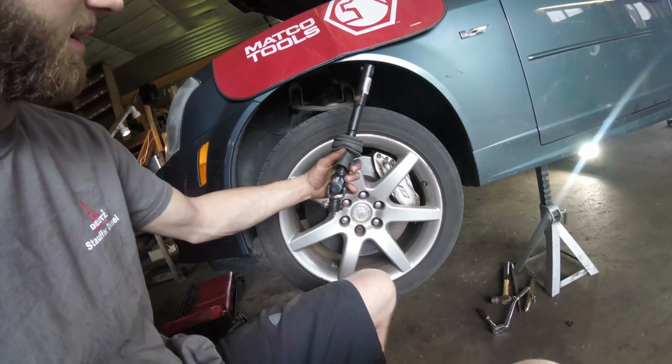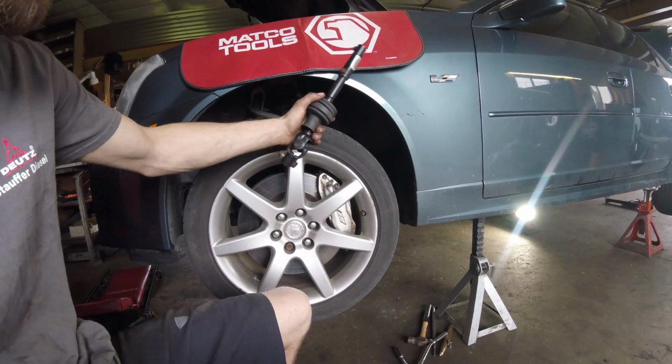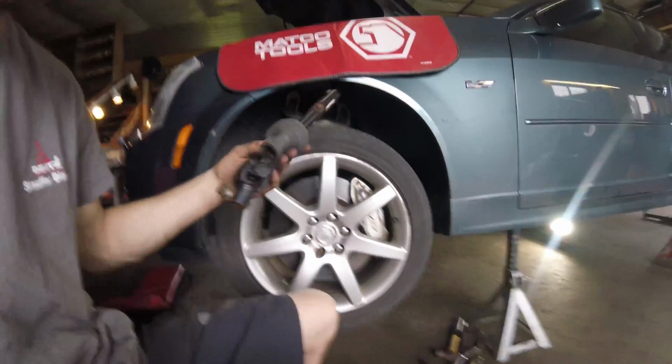And once you get all of this, you can push the shaft. I stuck a pry bar down in the U-joint down here, and I pried it up towards the body of the car until the joint came off on the bottom, and then it was able to fall down and out of the car. That was pretty easy, and that was the only part you really got to take apart to get your headers out. Obviously, that does not include taking the coil packs off